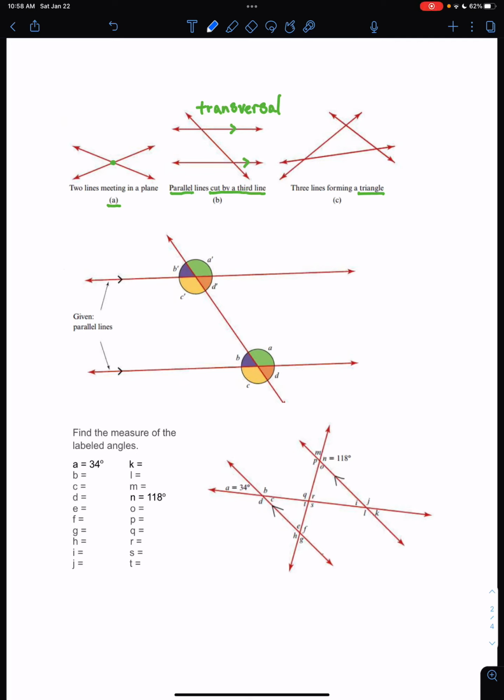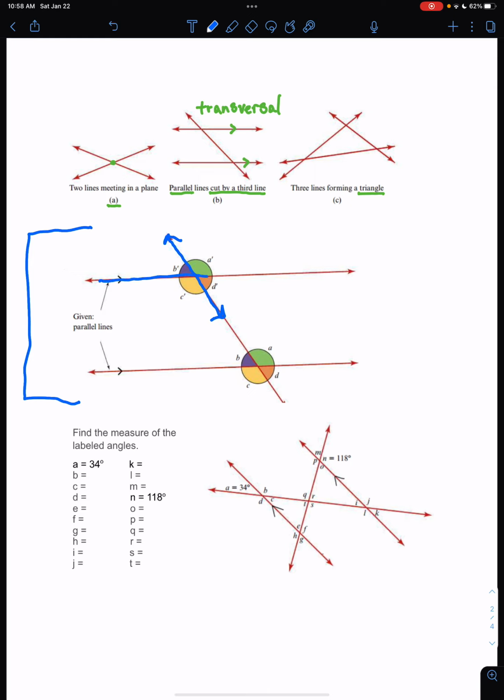So let's go on and talk a little bit more about intersecting lines and specifically parallel lines cut by a transversal. And we're going to look at this diagram here to talk about this. We have some interesting relationships between the angles when we have a set of parallel lines cut by a transversal. So the first thing that I want to point out is whenever we have any two lines